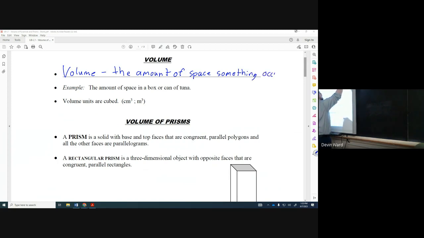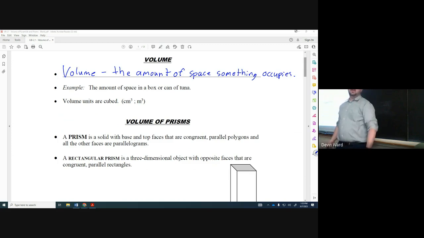So something occupies or something takes up. Okay, so every 3D shape has some kind of space, so they all have volume. Okay, so like a box, the amount of space that you have in a box, or in a can of tuna, or any other 3D shape like a pyramid or anything, they all have volume, so they all take